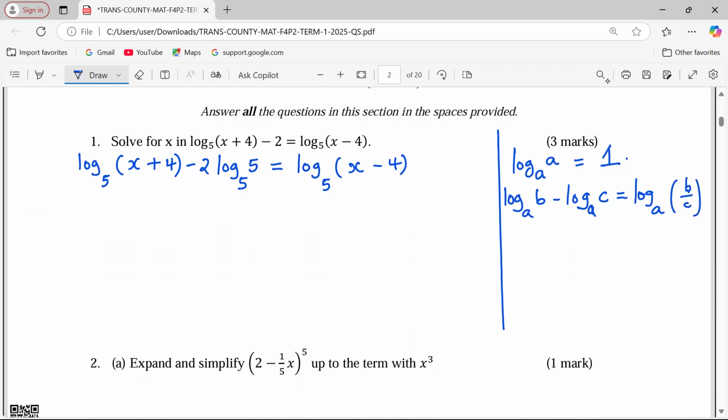So using this law, we apply it on the left-hand side such that we have the log to base 5 of x plus 4 divided by